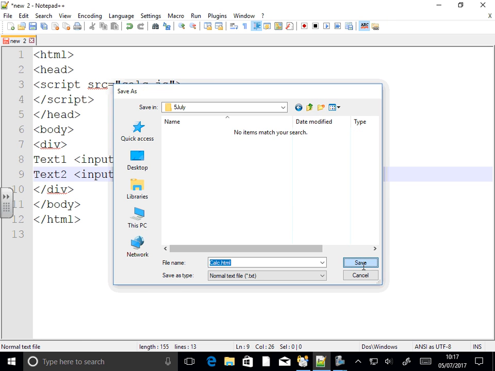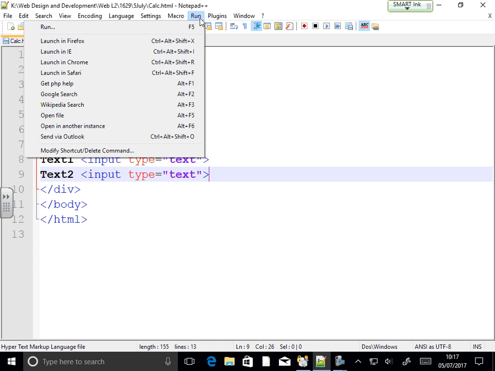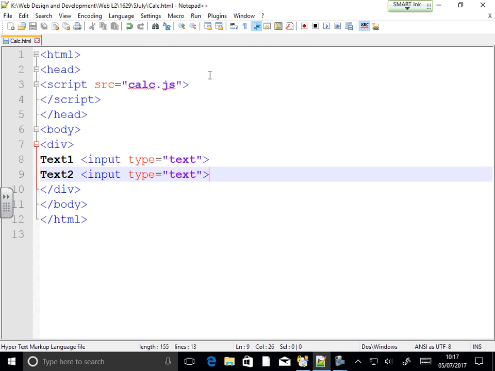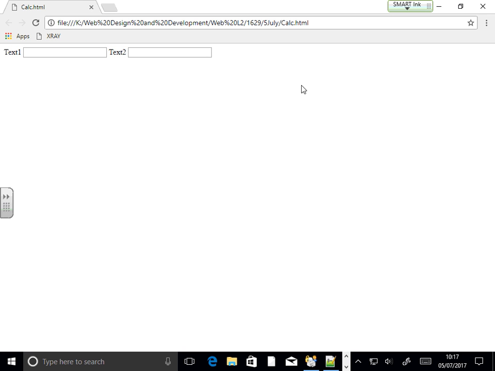Yeah. So we have this. Before I even go and write down the JavaScript or anything, let's look at it. Is that what we want on our page? Yeah. So text 1 and text 2.